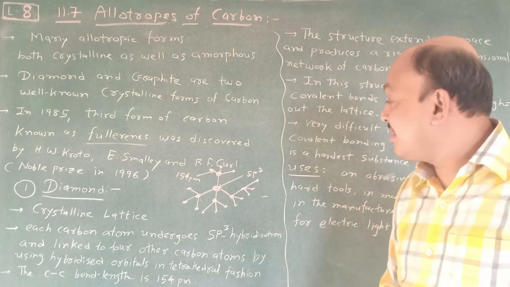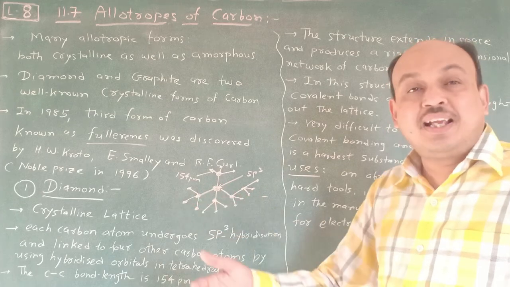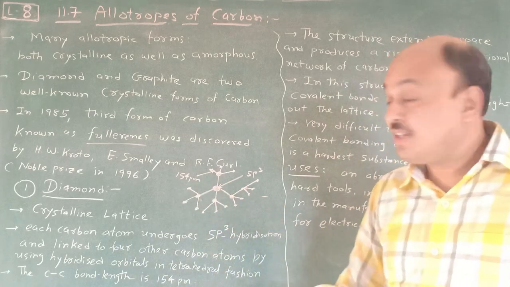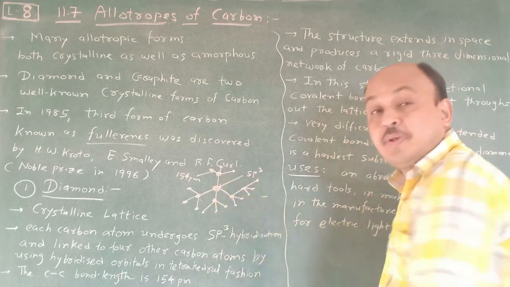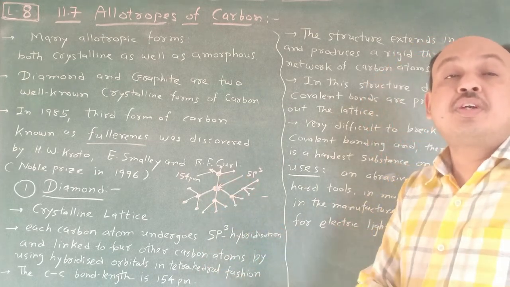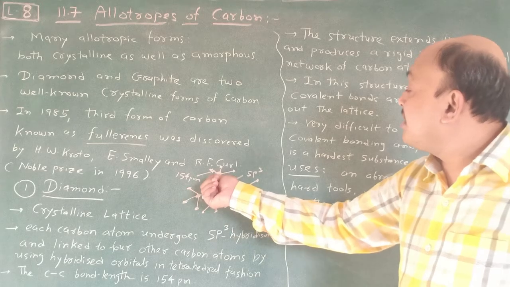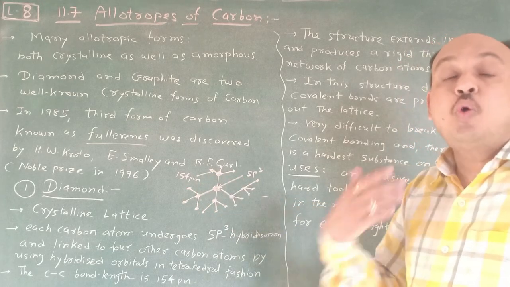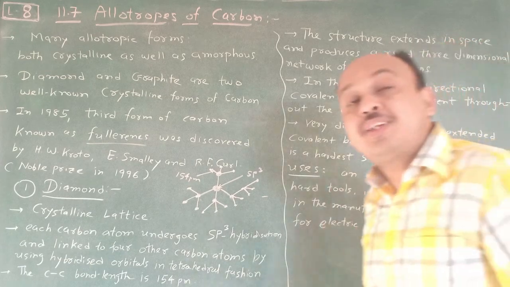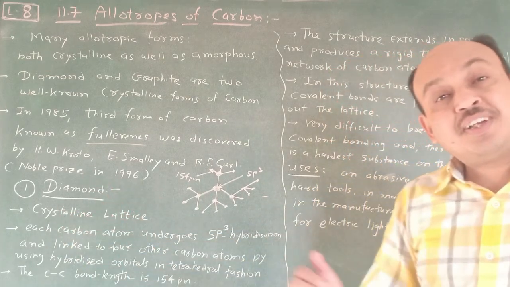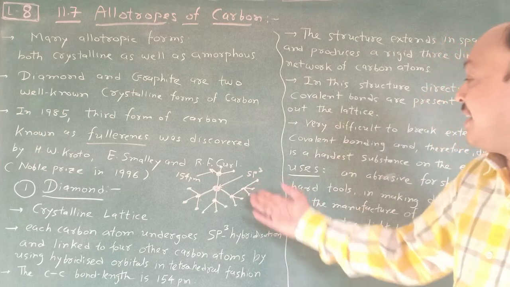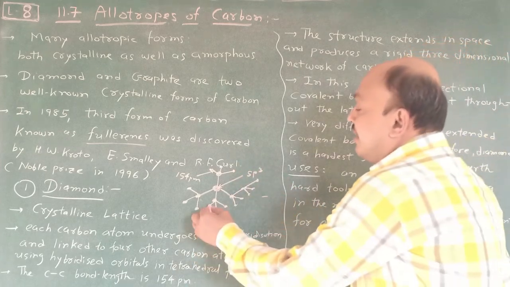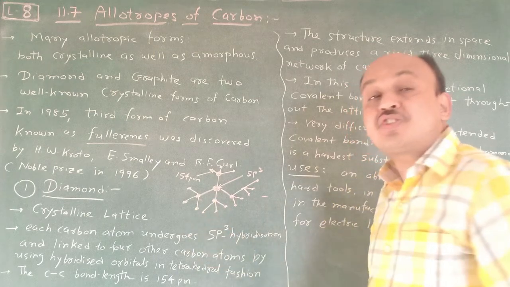Very rigid structure. There is no free electron. It's a very important one. All electrons are used in the preparation of bonds, in the bonding process, and that's why there is no free electron. If free electron is not there, then it's a bad conductor of electricity. So it becomes very easy for you to understand this one, and due to that this bond is covalent and is a strong bond.